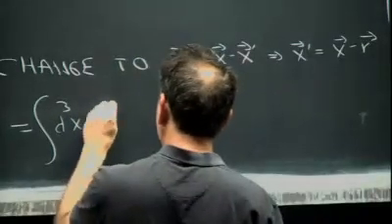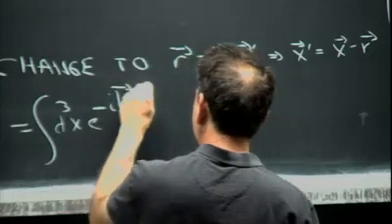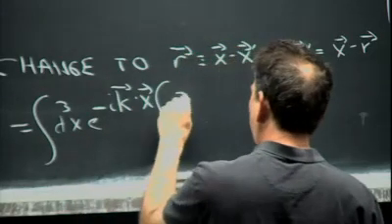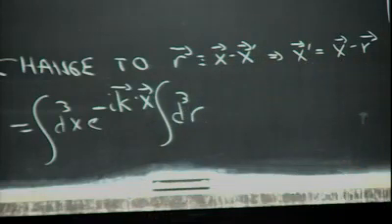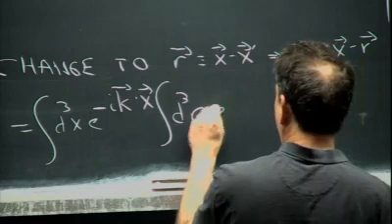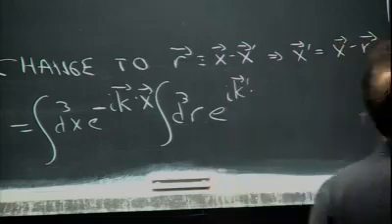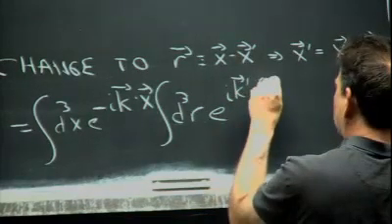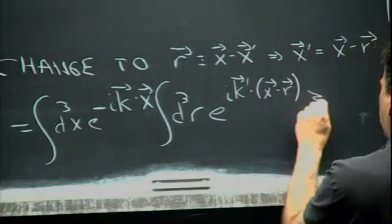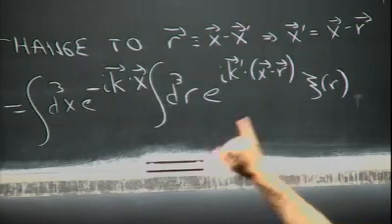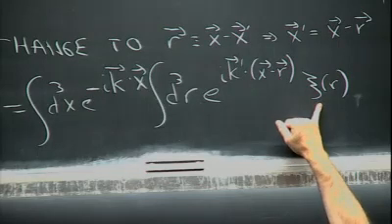So then this integral is equal to the integral d3x e to the minus I k dot x, times the integral d3r, because d3x prime is the same exact thing, and then e to the plus I k prime dotted into x prime, which is now x minus r, times the correlation function, which depends only on R. Okay, so now you see that there's an R dependence here, and that's going to be complicated, but the x